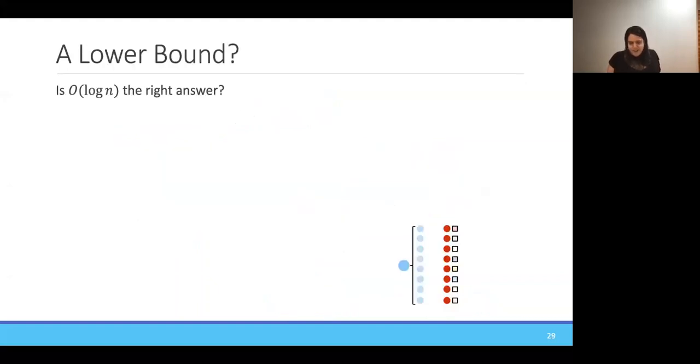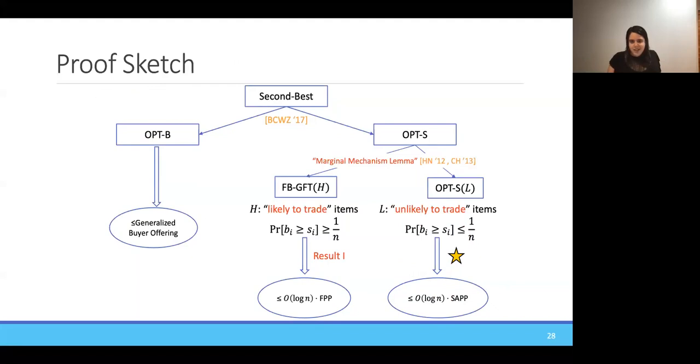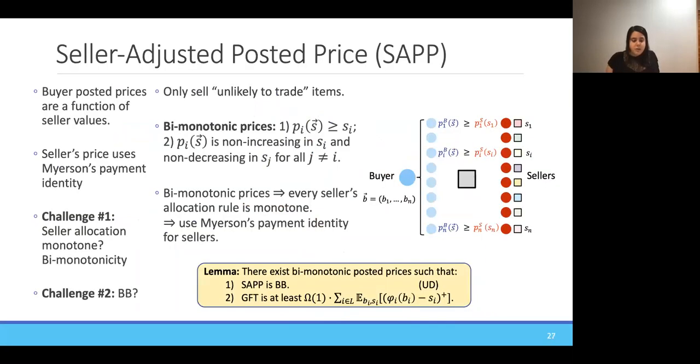Yeah. So Kira, the seller adjusted posted price, is it as if there was a super seller that posts prices, or is it different? No, so what's happening is the platform is determining some function. It's determining a function, for each item, of all of the sellers' prices. So it's kind of dealing with the buyers as if there's a super seller. But then in order to handle the incentives of each of the sellers separately, it needs to give them Myerson's payment identity. But then in order to deal with budget balance,